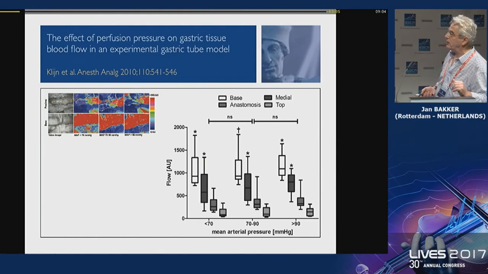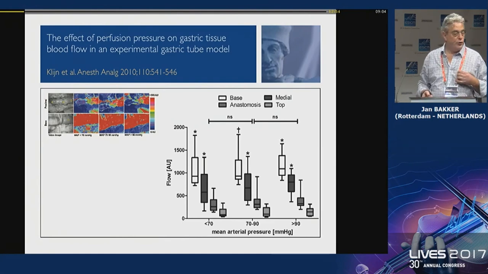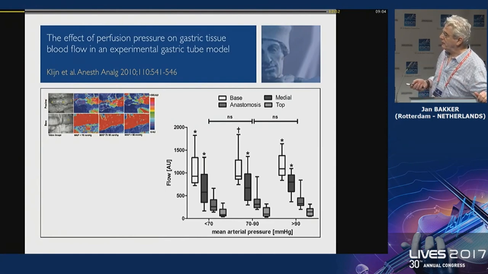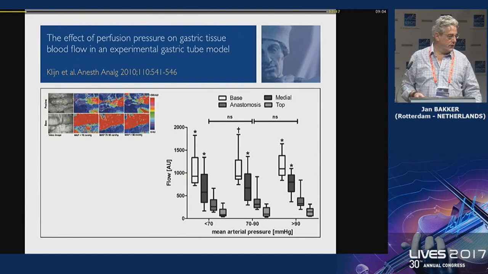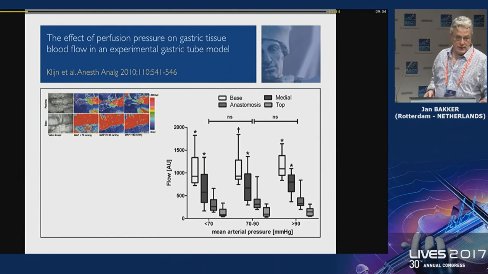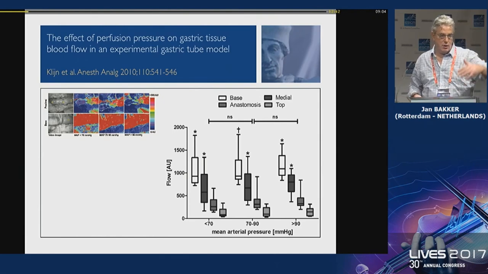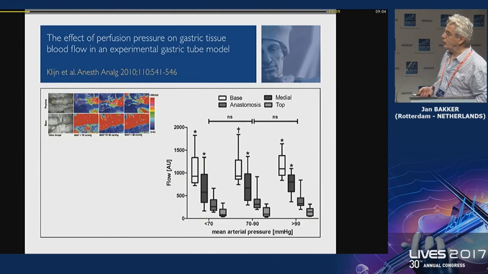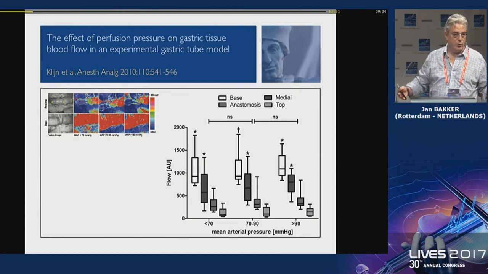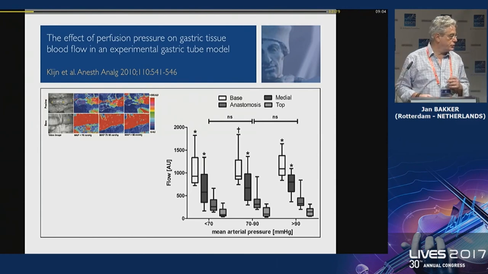So finally we did the study, and Eva looked at different levels of blood pressure. We went as low as 50 millimeters of mercury up until 130 millimeters of mercury. Eva divided the gastric tube into different regions, and as you can appreciate, it's more the region that is important. The more distant you are in the perfusion of the gastric tube, the worse the perfusion, but it's not the blood pressure. From 50 to 120 mean arterial pressure, there is no effect on the microcirculation.